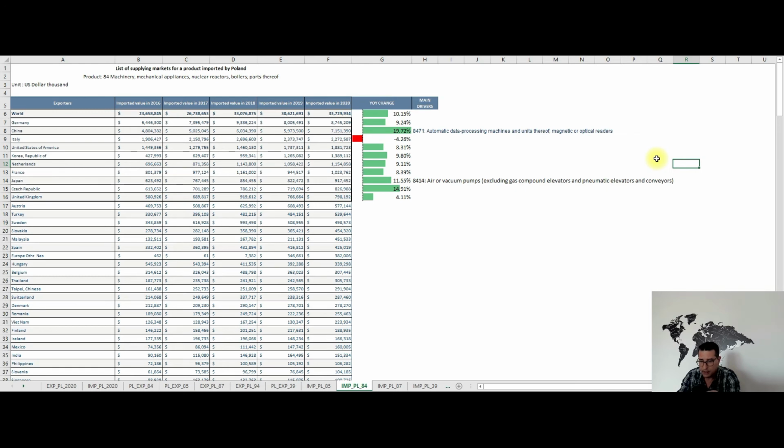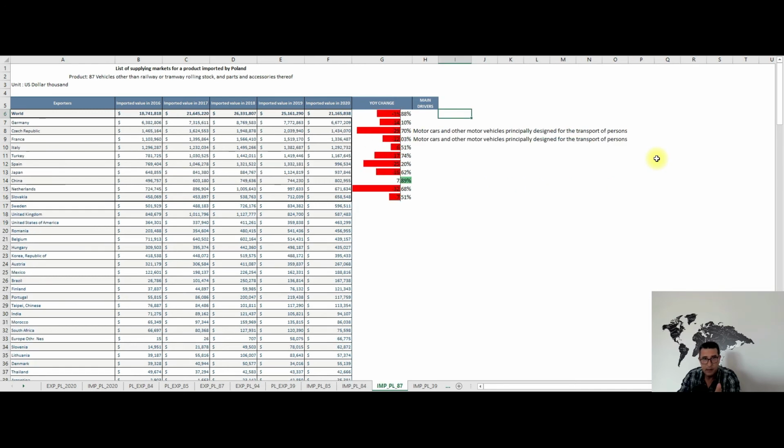Jumping on to chapter 87, the third most important chapter driving Poland's imports, we see that the imports fell quite a lot, almost 16% in relative terms, which is almost $4 billion in absolute terms. And if you ask me, this is quite a lot. But then again, as we saw with the same chapter for the export flow, this is totally understandable, as the demand for passenger vehicles and their parts or components was down,